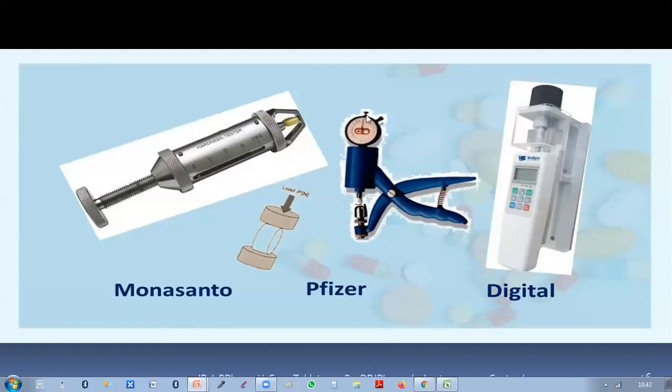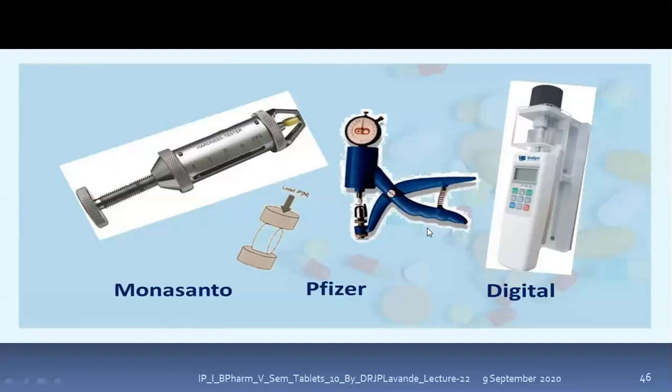meter associated with the tester. This is developed by Pfizer. You can see here it is going to be compressed, isn't it? So as a result the pressure is getting exerted, and as the pressure goes on increasing, this hand will go on moving like this. So where it will coincide and where the tablet has been broken, that particular measurement is going to be taken.